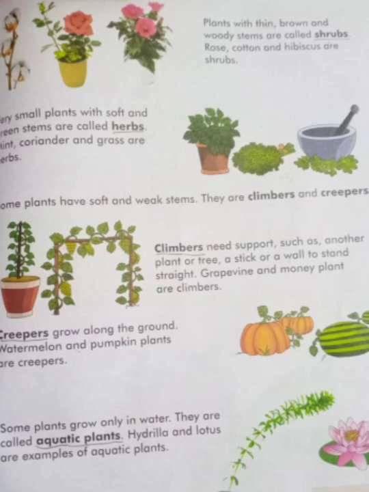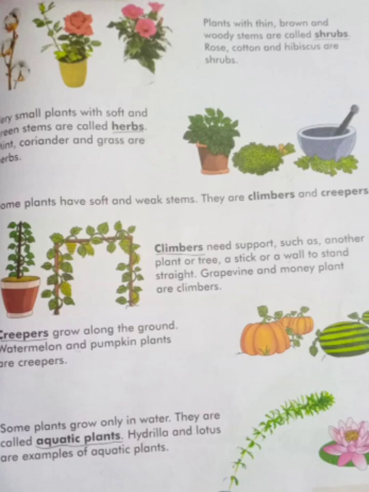You can see in the picture, this is the picture of money plant. The money plant in the pot, that one stick is there. With the help of the stick, the plant is growing. Same way the grapevine, you can see the grapevine, it is also standing with the support. So this is also moving with the support. They both are very soft and very weak plants. These are called the climbers.